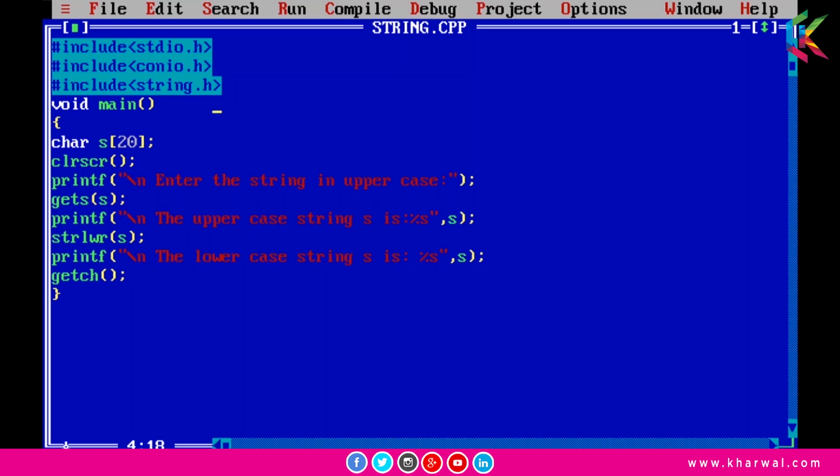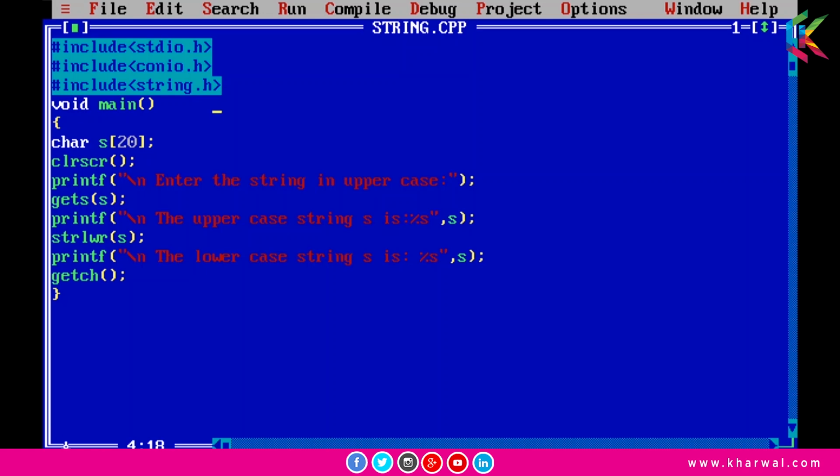Now in main function I have declared a character array of size 20, and then I am taking input from the user by using gets function, and that input string will be assigned to character array s, and in the next statement I am printing this uppercase string by using printf statement, and then I am passing this string s to the strlwr function, and obviously this function will convert this uppercase string to the lowercase string, and then I am printing this lowercase string by using this printf function.